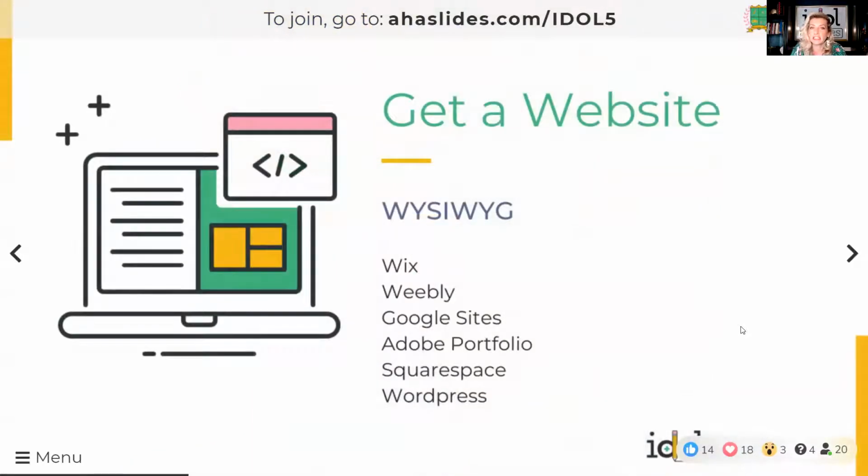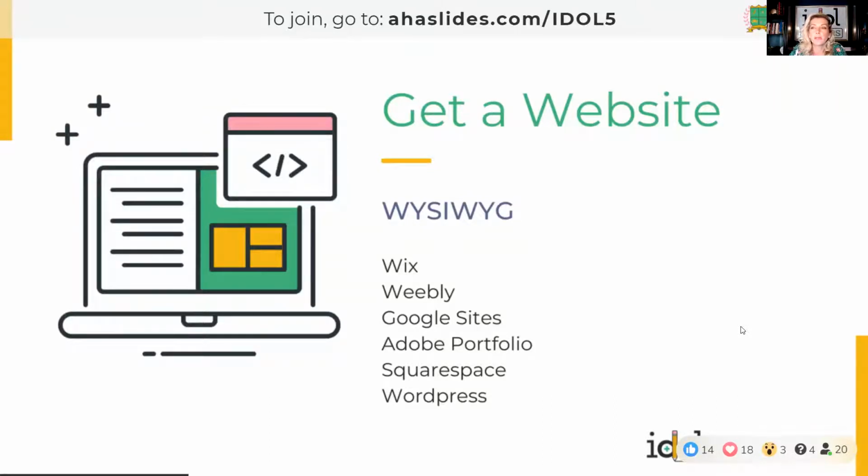Your next step is to get a website. There are so many different free website platforms out there that are WYSIWYGs. What you see is what you get. Just like in a Microsoft Word document, you know where to click file, insert things, drag and drop.